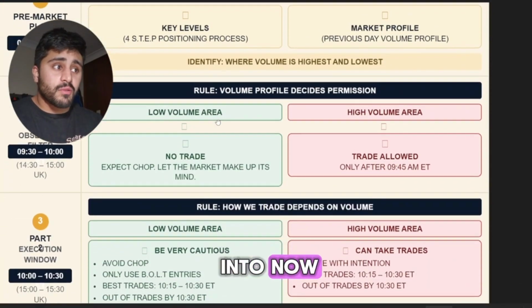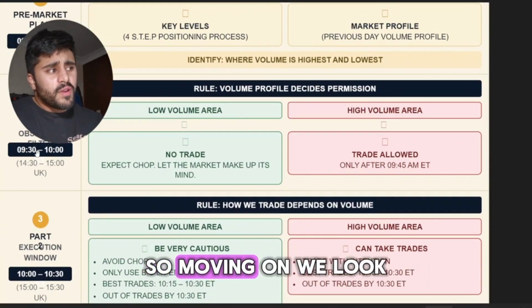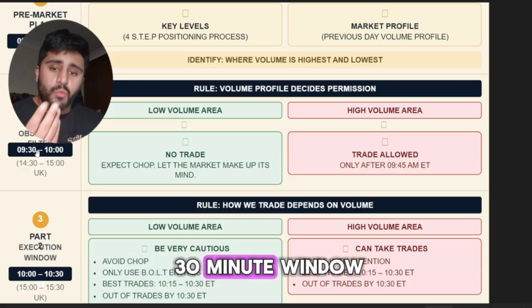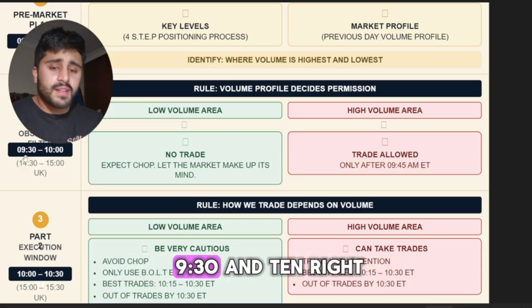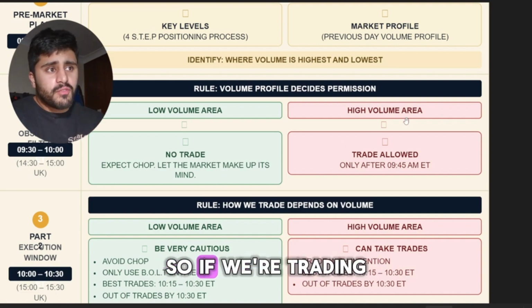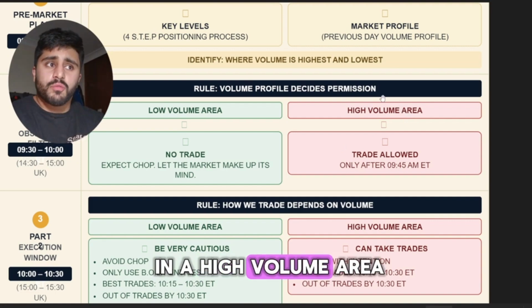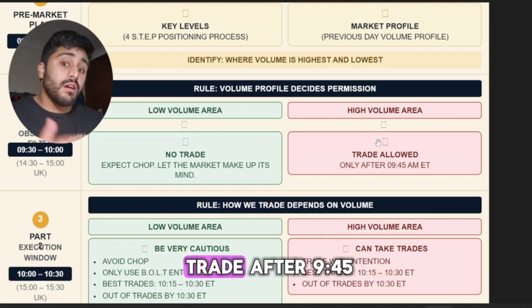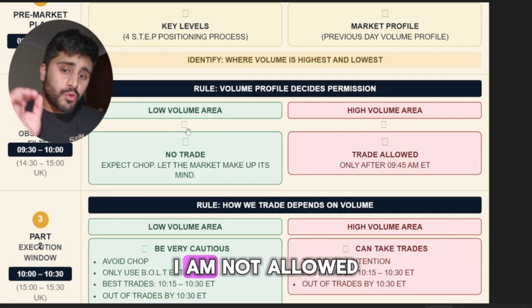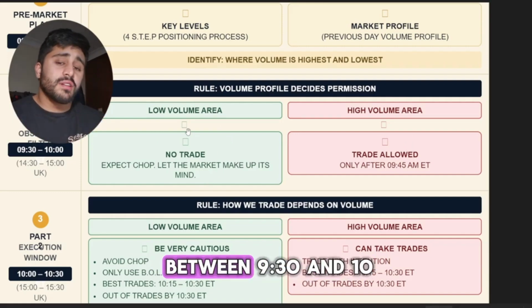Which we're going to get into now. So moving on, we're going to the second part of the session, which is the first 30-minute window. So this is between 9:30 and 10, right? So between 9:30 and 10, I have some rules. If we're trading in a high volume area, I'm only allowed to trade after 9:45. If we're trading in a low volume area, I am not allowed to trade at all between 9:30 and 10,